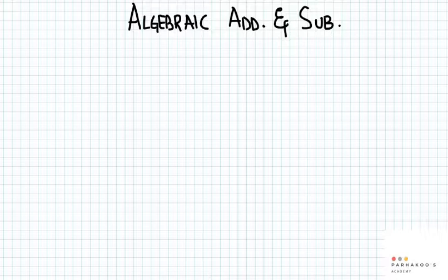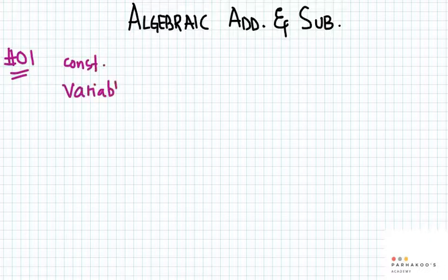So before starting off with algebraic addition and subtraction, let's talk about something. The first thing that you need to remember is that algebraic addition or subtraction is a little different than arithmetic, because arithmetic has only numbers, while in algebra, now with constants comes variables, so you need to take care of variables. The second thing is that in algebra only like terms